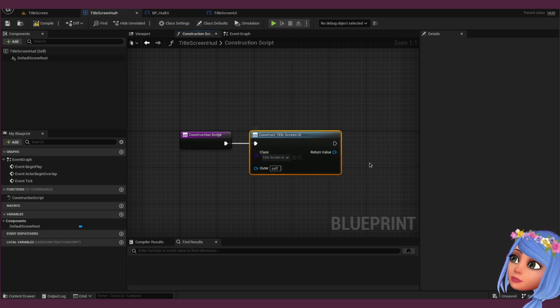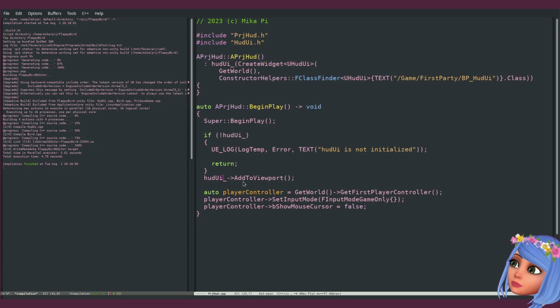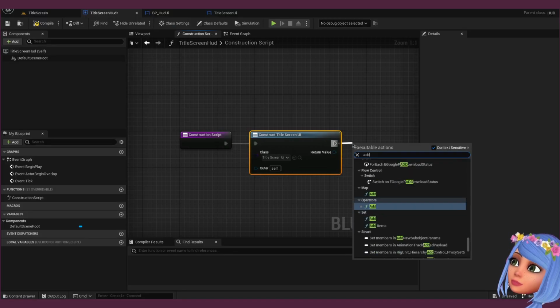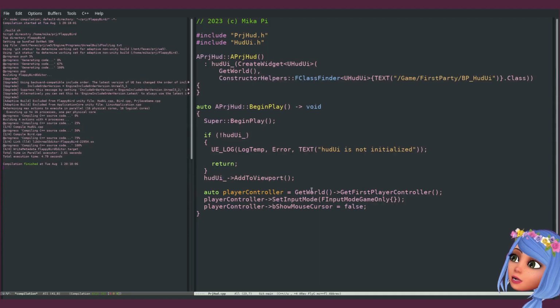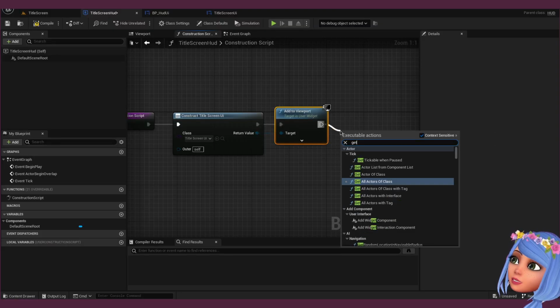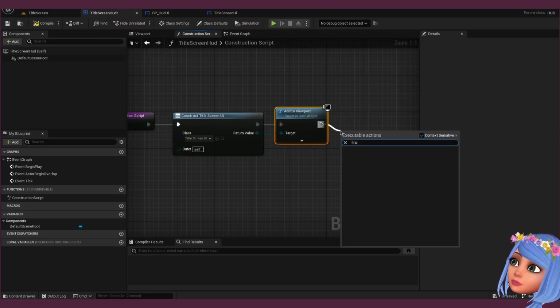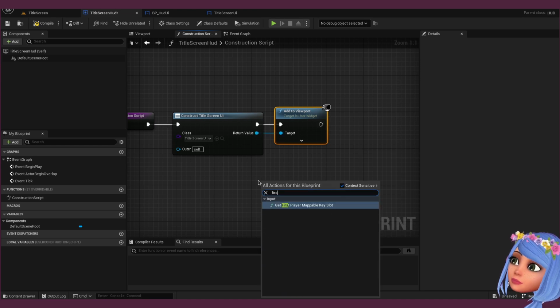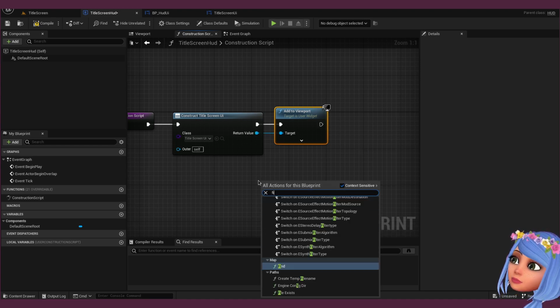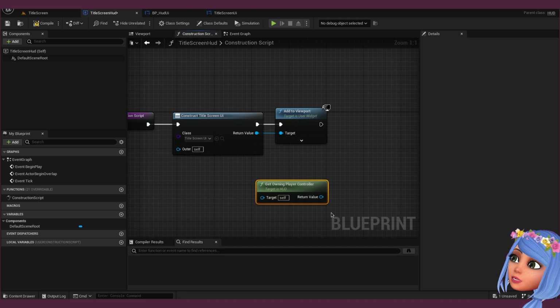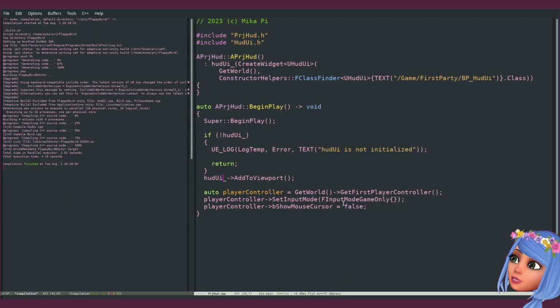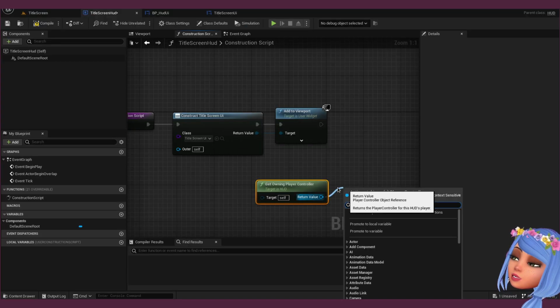So we constructed it, and then add to viewport, and then get first player controller, owning player controller, and show mouse cursor.